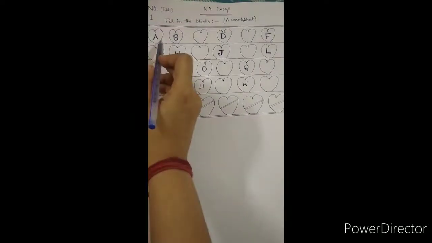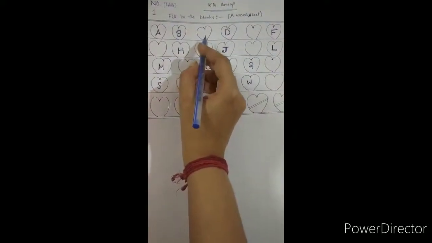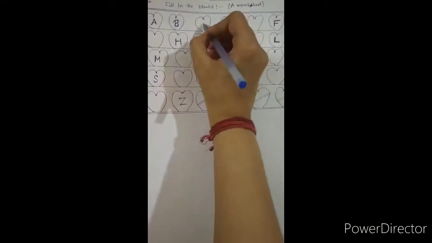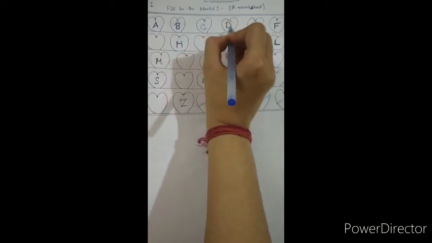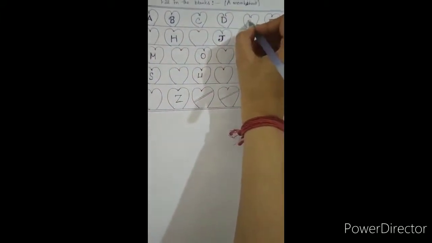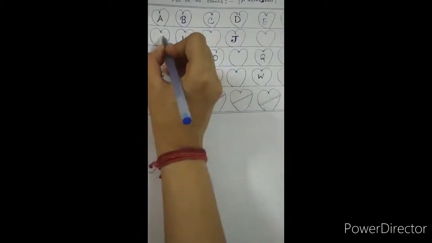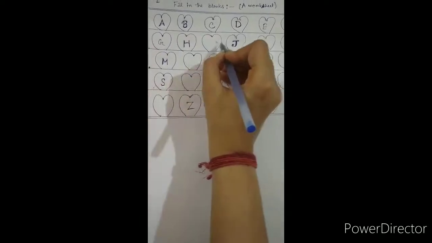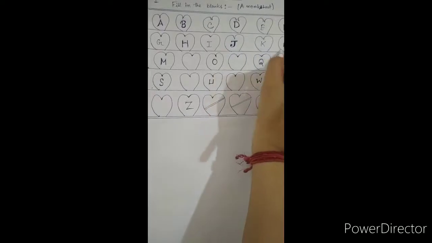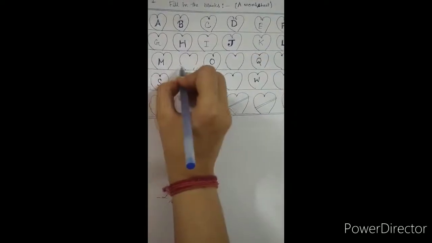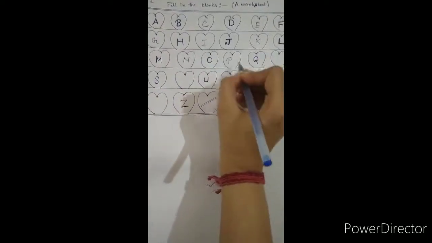From the first row, we can fill the missing gaps. This one will be C. A, B, C, D, E, F, G, H, I, J, K, L, M, N, O, P, Q,